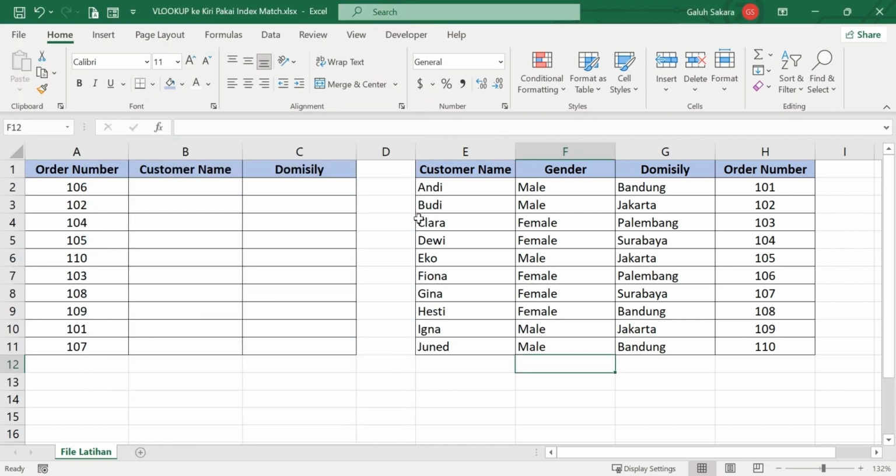VLOOKUP using the formula of INDEX MATCH. So today I will explain, and we will learn together, the tutorial of the VLOOKUP formula using the formula of INDEX MATCH, especially for Microsoft Excel. And I'm really sure that all of you often use VLOOKUP in your job or your work, because if you need